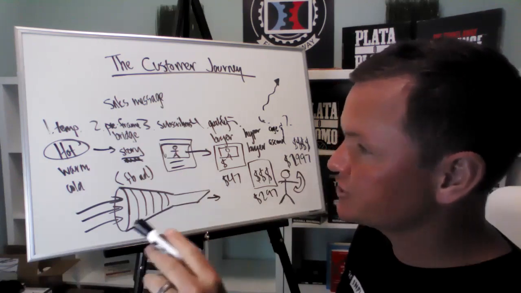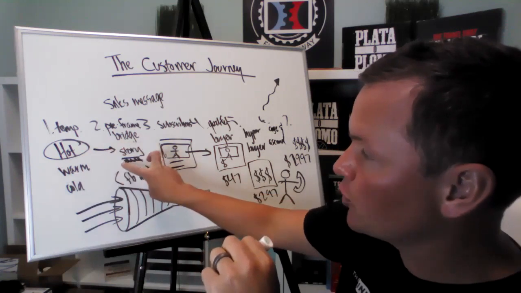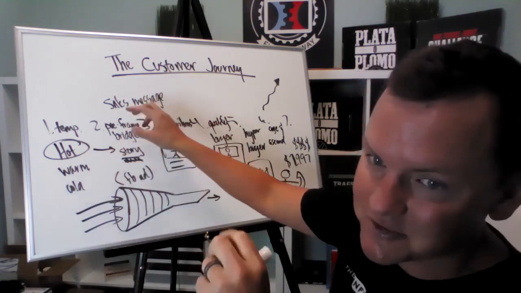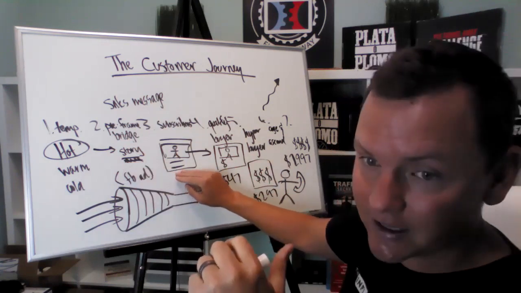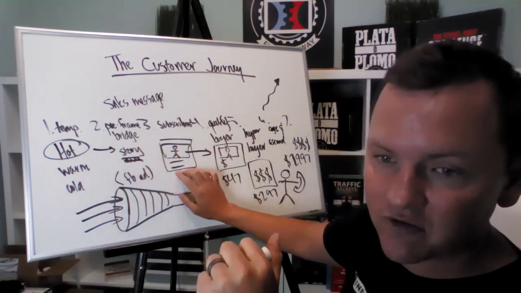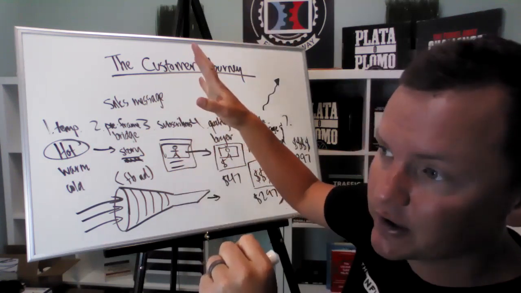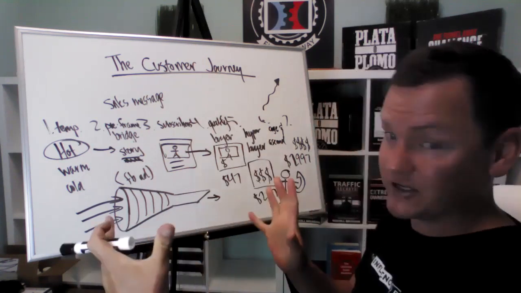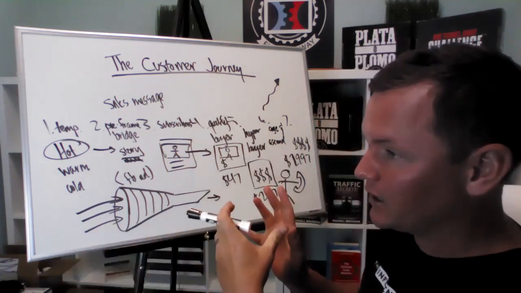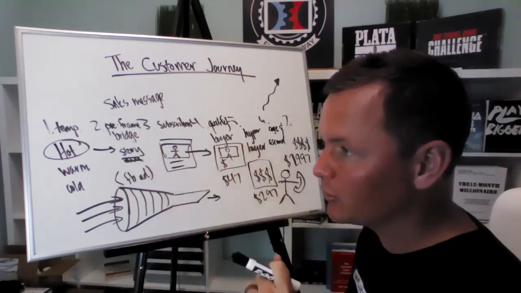But if you understand who your traffic is, the hot traffic, if you understand the story that you can tell them, the sales message, they're the same thing. The story you can tell them and get them to click, then give them something, qualify them. Hey, who's a subscriber? Who will give me their email address? Of you people that'll give me your email address, who will give me some money? And of that 200 who gave you the email, maybe only 100 gave you some money. Well, okay, I want to talk to you again. Will you give me some more money?